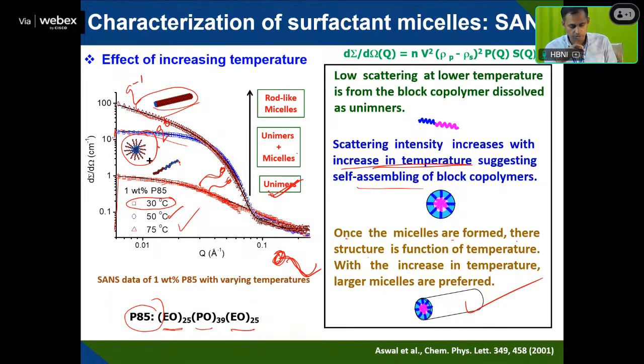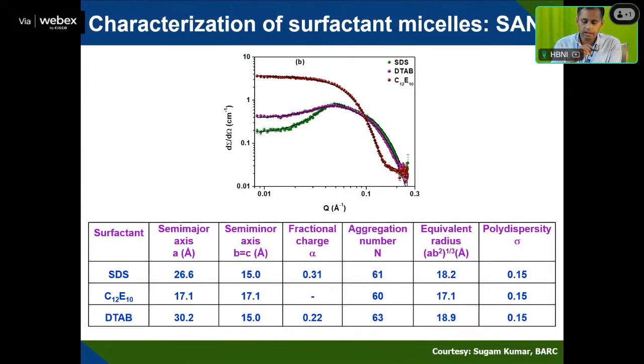How the scattering intensity varies with Q, so you can get the information. So this is another example, where you have a surfactant with a micelle structure, SDS, like DTAB or a C12 ethane, like mixed micelles. So you can find out, when it's forming an elliptical structure, you have a major axis and a minor axis. So by fitting the model to whatever data you are getting here, you will be able to get all these